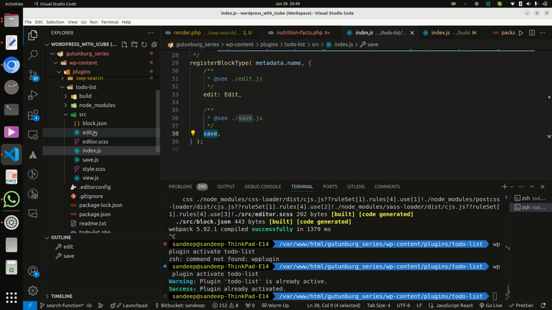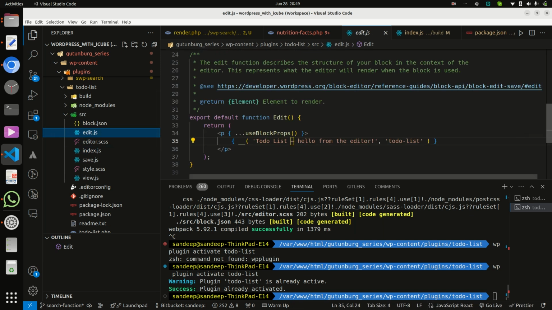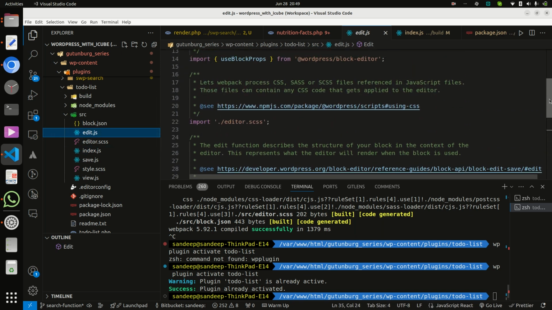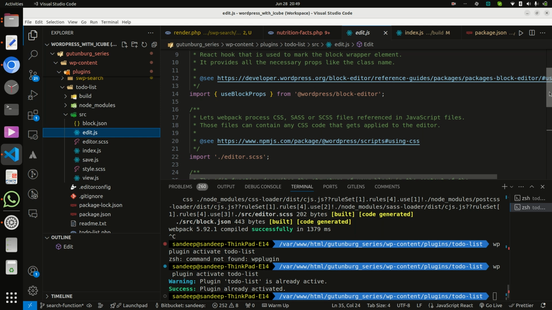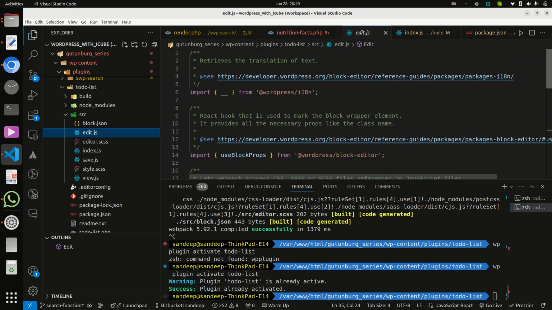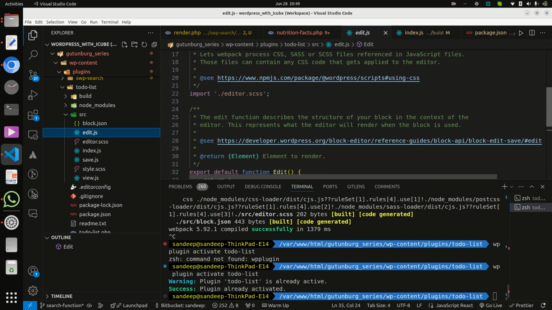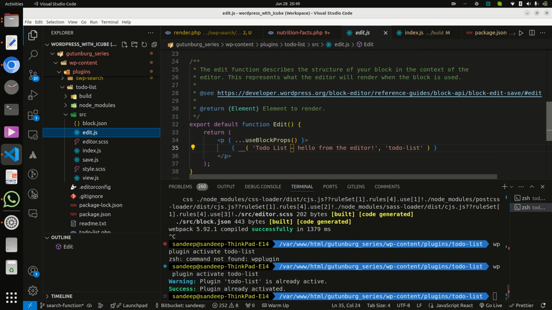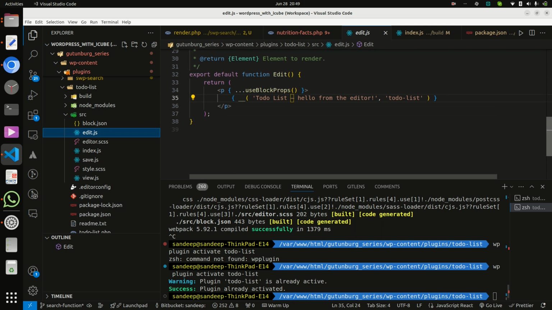Of the edit file and save file, the edit file is basically defined for the editor, the WP editor. Here I import editor.scss for the CSS part, which is what we see in the backend.